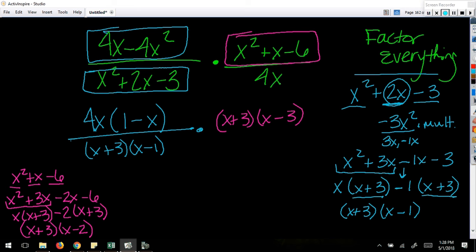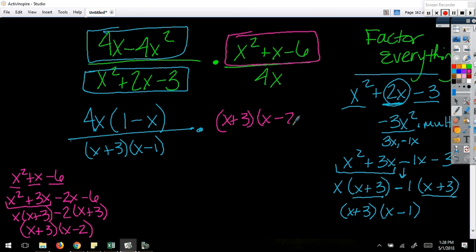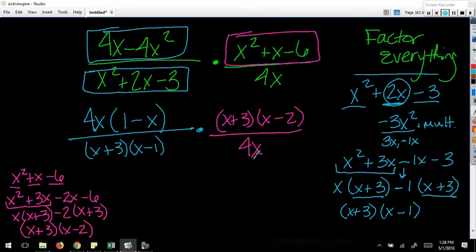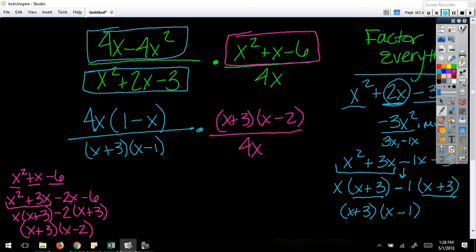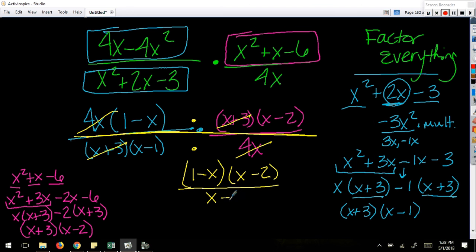And then x minus 2, and then I have the 4x on the bottom. Because we know when we multiply fractions we multiply straight across, I'm just going to make this a big multiply problem and start canceling out things I see in the top and the bottom. So the x plus 3's will cancel. The 4x's will cancel. So if I rewrite this as 1 minus x, x minus 2 over x minus 1,